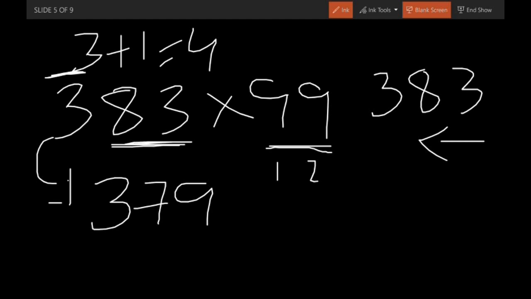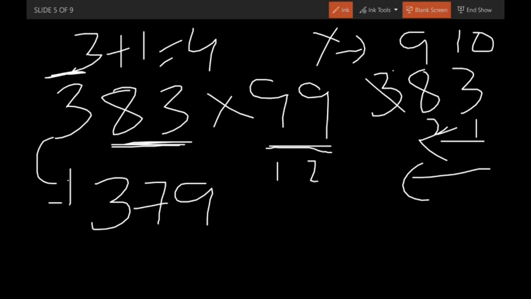See, so here we have 1 and we have 2, so we are going to take only 83. Okay, so the step is that we take the first numbers from this side, not from this side. Now the first number should be subtracted by 10 and the remaining numbers should be subtracted by 9. But here we have only 8 here, so the next number we have to discard 3 over here, because we are going to take only 2 numbers, because here we have only 2 numbers, 99. So we are going to take up to 8 only. So the first number should be subtracted by 10 from this side, and the remaining number should be subtracted by 9.